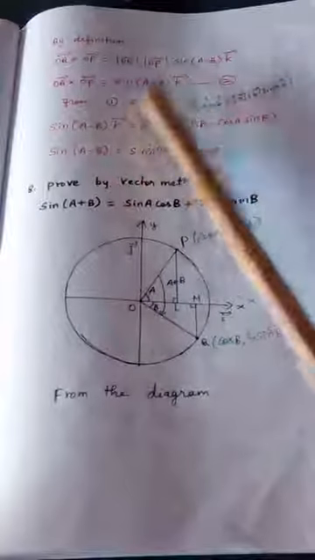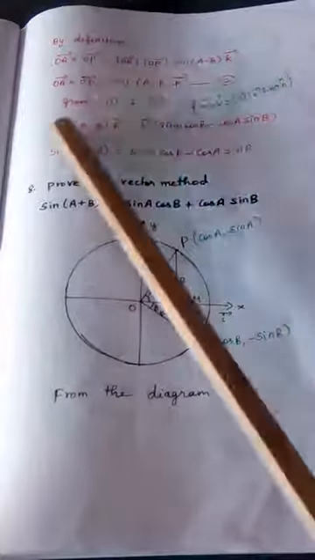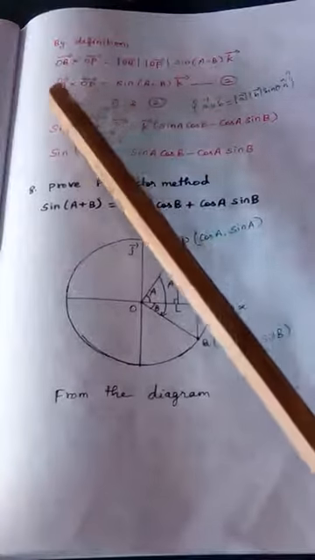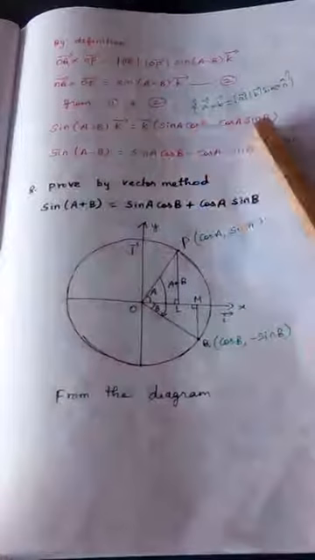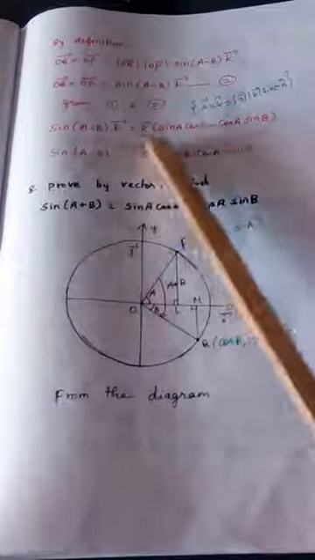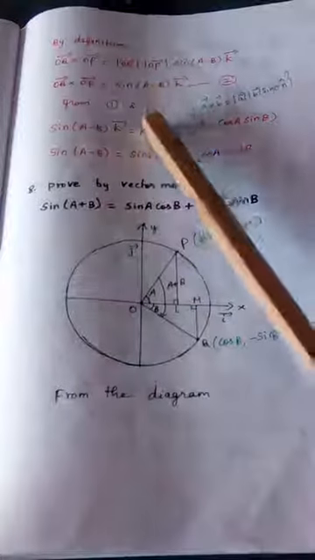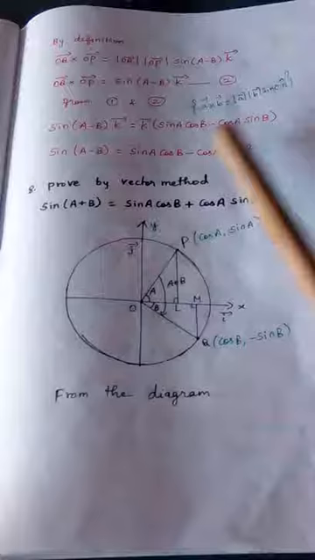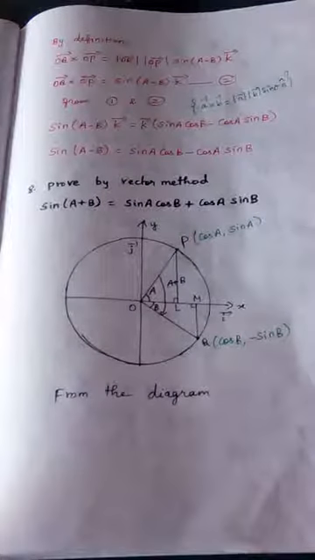Now from 1 and 2, the RHS of equation 2 is written here. And OQ cross OP, if you see the first equation, that is also OQ cross OP. So this is the RHS of the first equation. And since they are equal, cancel K vector on both sides and get the final result. Sin A minus B is equal to sin A cos B minus cos A sin B. So this is how we prove it for sin.